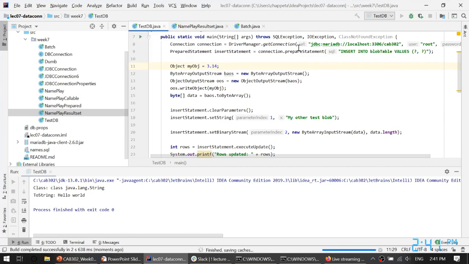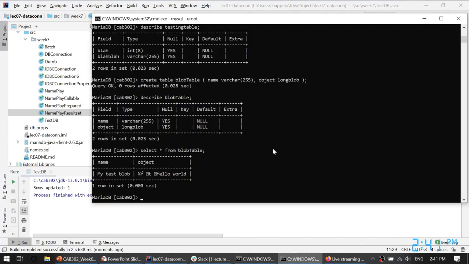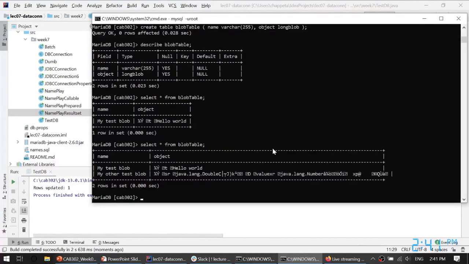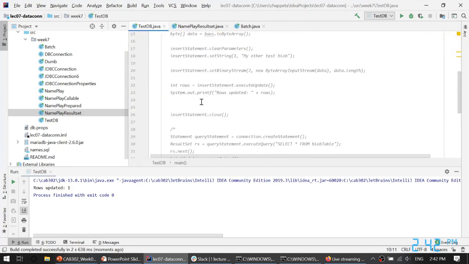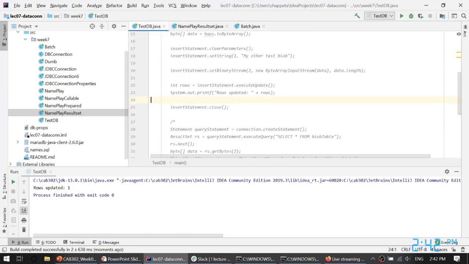So this will also be very different to just storing a number in a SQL database. We'll actually see, oh, it's even got the class name there, so java.lang.Double, and then probably in binary somewhere is the actual value of this double, but I certainly can't see it. However, that doesn't matter, because Java knows how to deserialize it. So we can just select out of that,